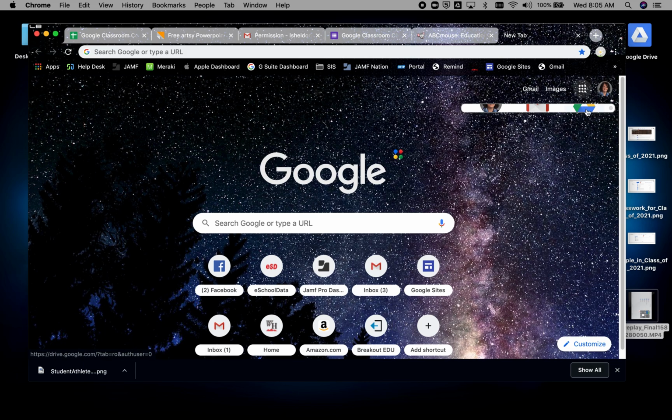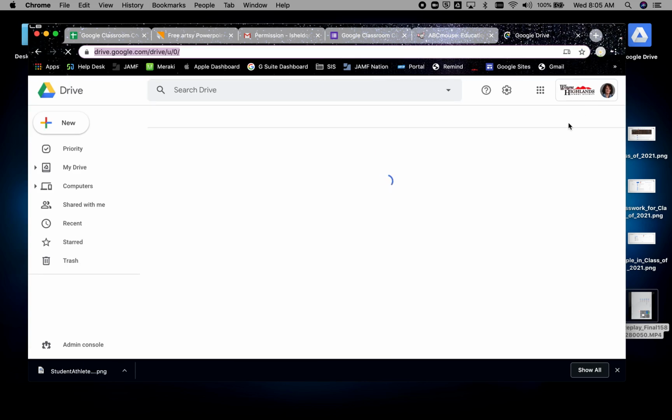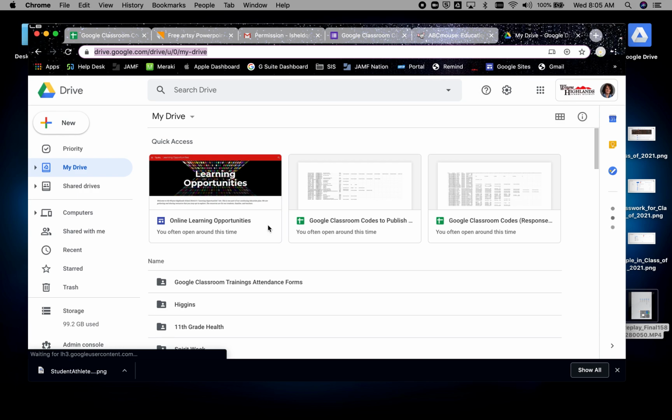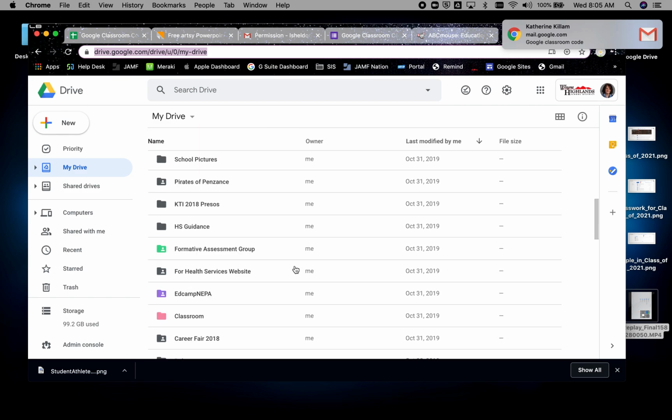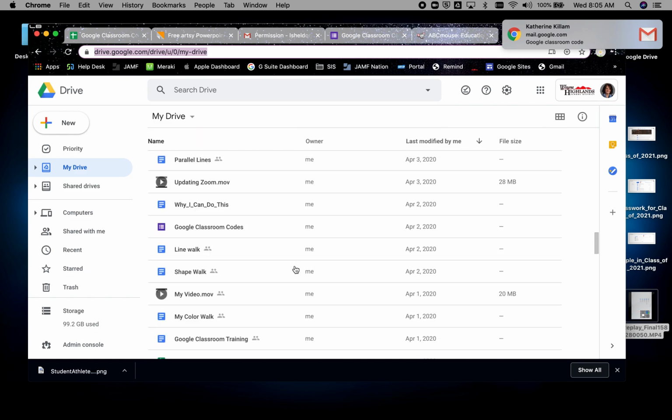So if I put a PDF into my drive, I own that PDF. No one else can see it until I give them specific permission to see it. However, if I just insert it into Classroom, the permission's fine. If I add it as a link in Google Classroom, that's where my issue pops up. So with anything,